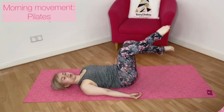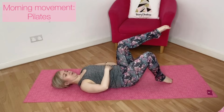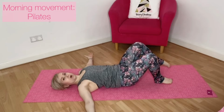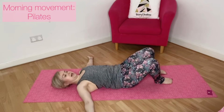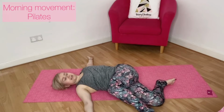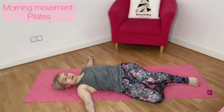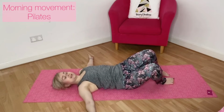And then we're going to add on those hip rolls. So pull the belly button in, lift the muscles of the pelvic floor, take your arms a little bit wider down by your side, and just allow the knees. And again, if you want to, you can add in that leg circle, bringing everything around, releasing. Then in the middle, you're going to add those leg lifts, so either singles